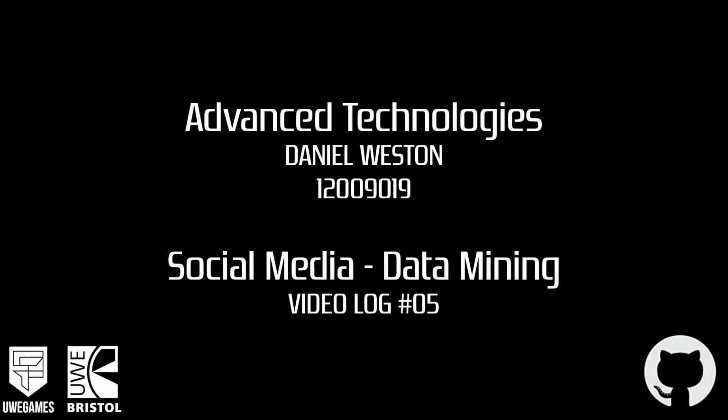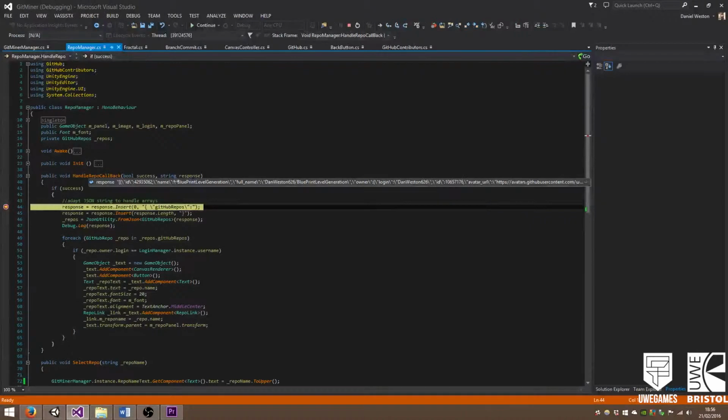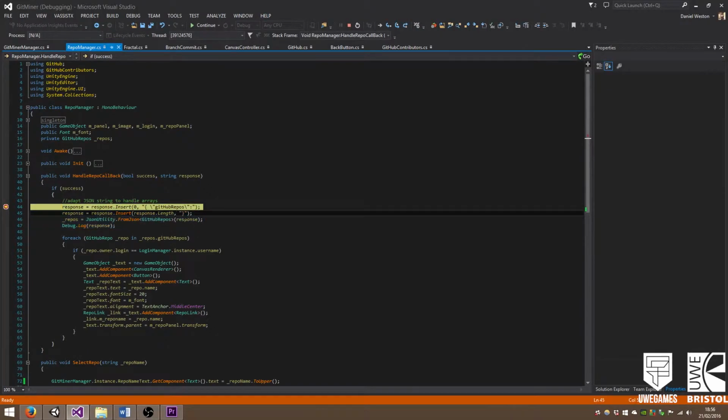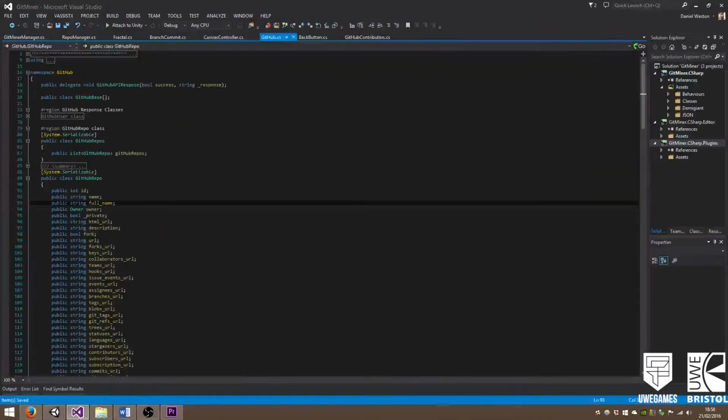Last week I had issues handling certain JSON strings returned from the GitHub API. From experimenting, I discovered that these returned JSON strings were JSON arrays. Currently, Unity's JSON utility does not support JSON arrays. To work around this, I need to directly wrap the returned JSON array and also wrap the root object class